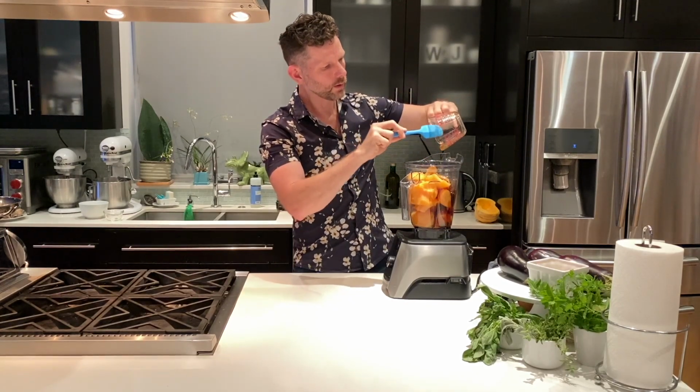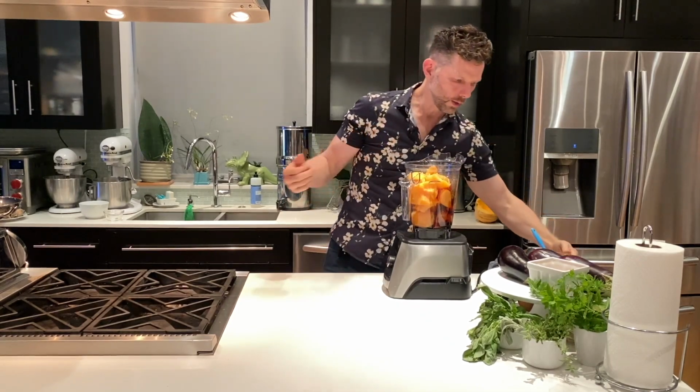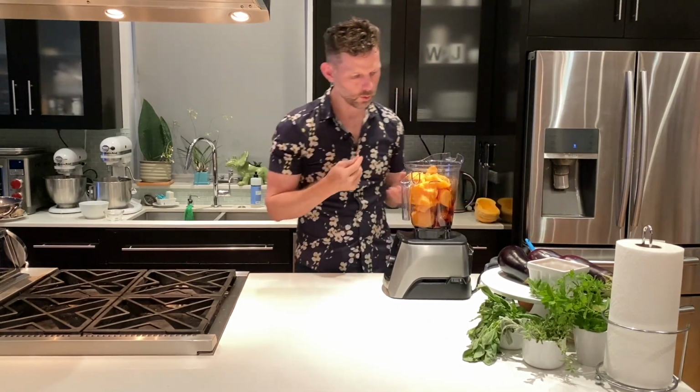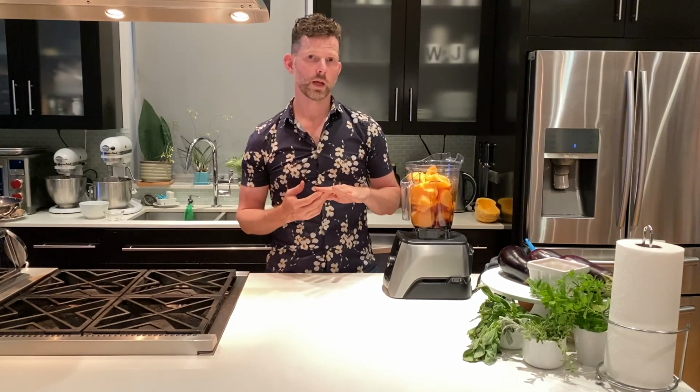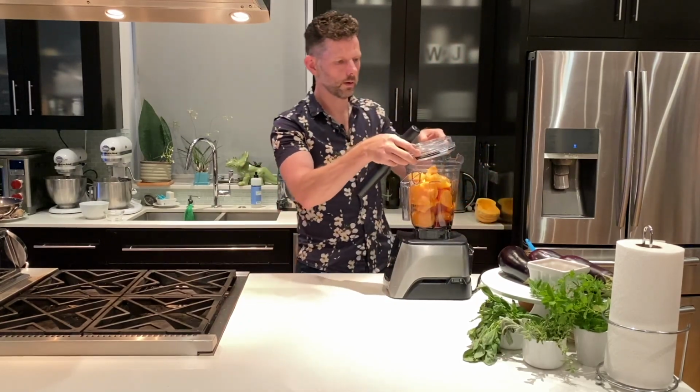And you can scale back on the amount of sugar, of course, but one of the things sugar is going to do is change the way things freeze, and it's going to give you a slightly softer, slightly smoother sorbet than if you were to just do, say, a fruit ice and omit any sugar at all. So we're going to put the lid on the mixer,